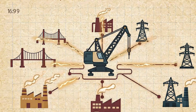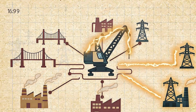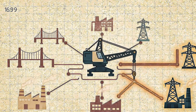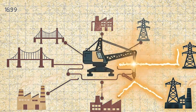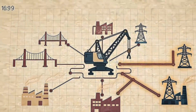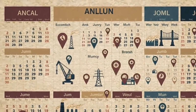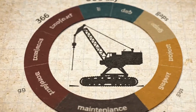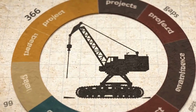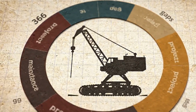The machine may be the expensive centerpiece, but it cannot monetize itself alone. If the owner does not have the people and support capacity to turn delivered equipment into a ready machine, the crane's theoretical earning power is trapped in steel. That means a bottleneck in crews or support equipment can become almost as important as a bottleneck in cranes. There are hours when the asset is moving between jobs, hours when it is being prepared, hours when specialists are working around it, hours consumed by inspections and checks required to keep the